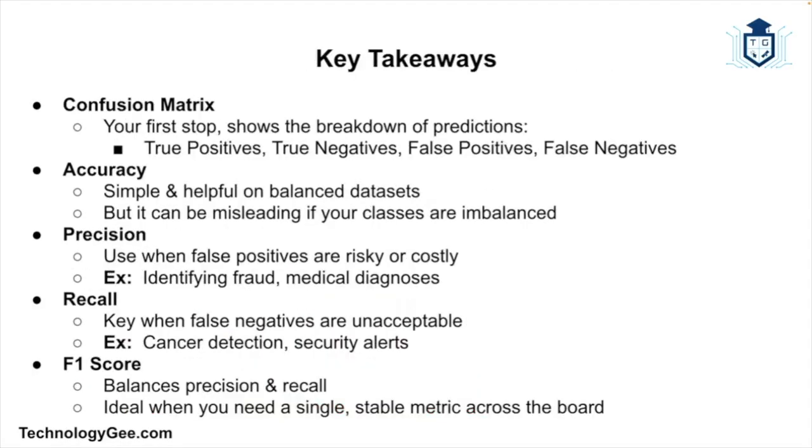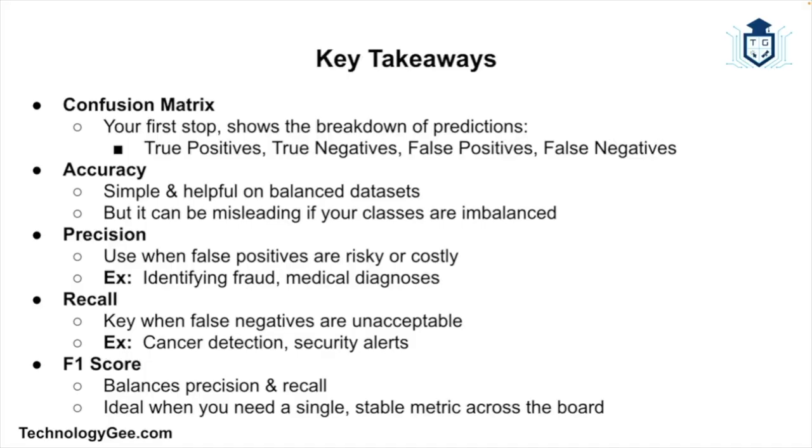All right, so let's go ahead and wrap all this up. AI models can be flashy, but if you don't know how to evaluate them, then you're flying blind. So here's a quick takeaway checklist. A confusion matrix. This is where you want to start because you'll be understanding how many predictions are true or false or positive and negative.